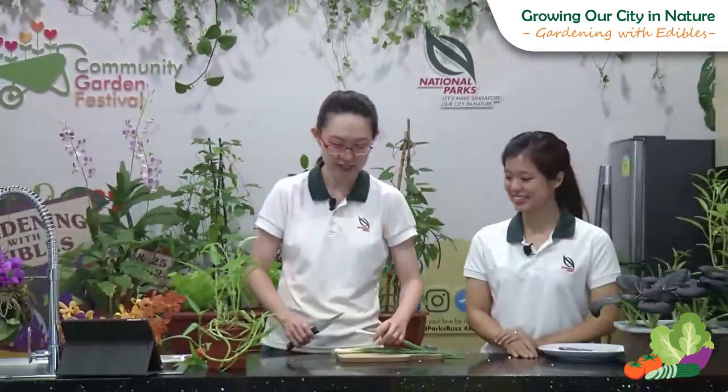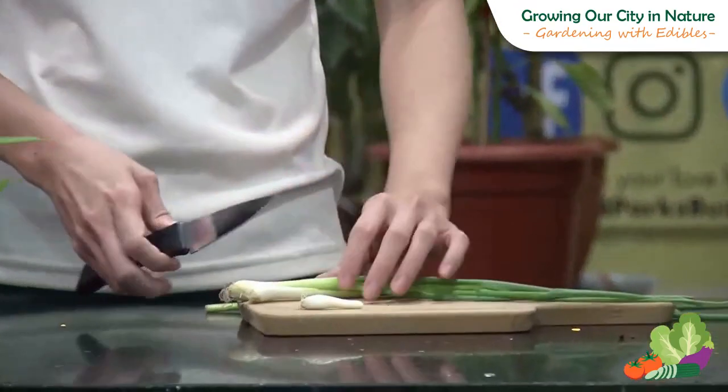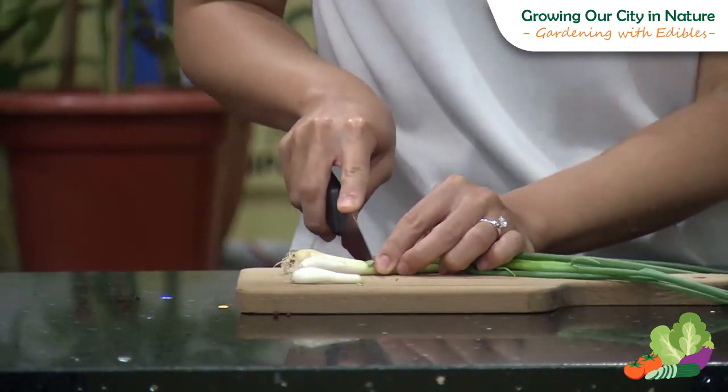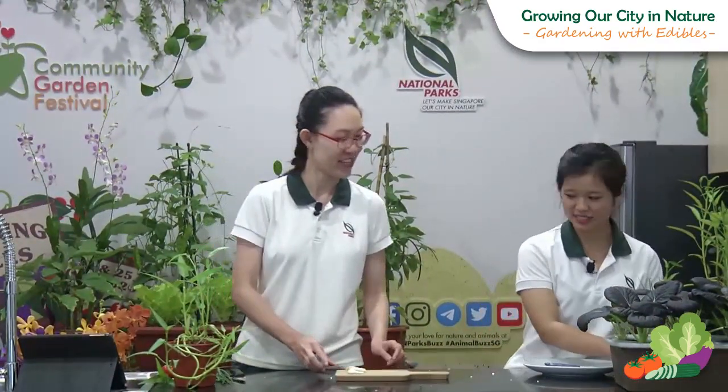So I'm going to cut this. Siwan, would you like to try? Okay, sure. So I just cut it just above the bulb. Yeah, go ahead. Okay, here you go. That was easy. All right. So this is the part you cook, right? Yes. And this is the part you don't waste, grow these. Okay, right. Well, I see you prepared some here. Yes. You want to show the...